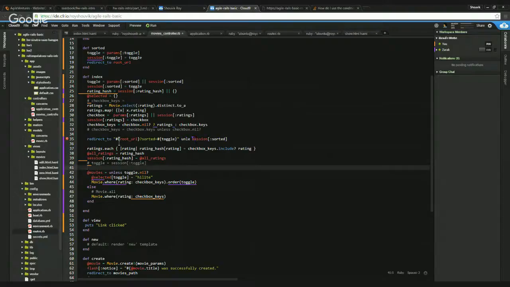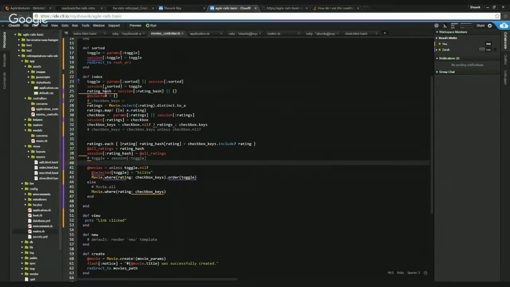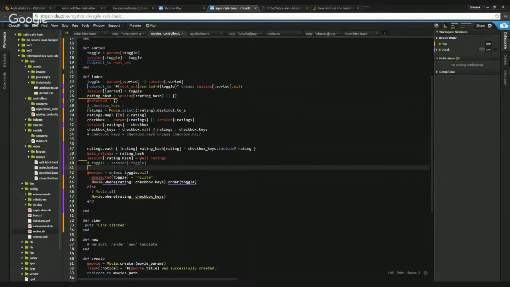Because we are storing it in the second line, yeah, it would always be not nil. Maybe we can redirect before. You know what we can do? Yeah, right. We can do that. And I guess since we are always going to be,